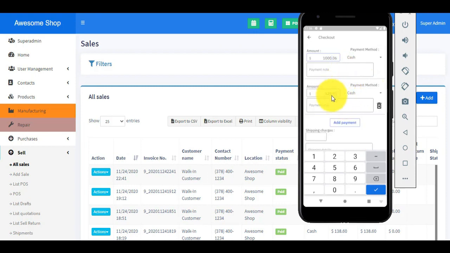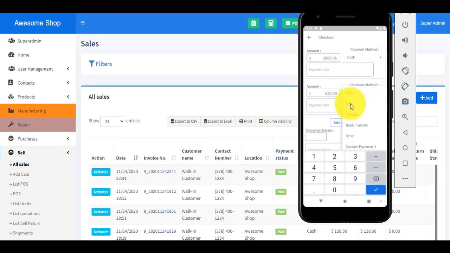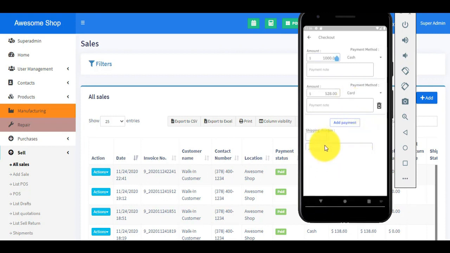So here it is showing me 528 with another method, with the card. Also I can add individual payment modes here, and you can enter the shipping charges, shipping details,